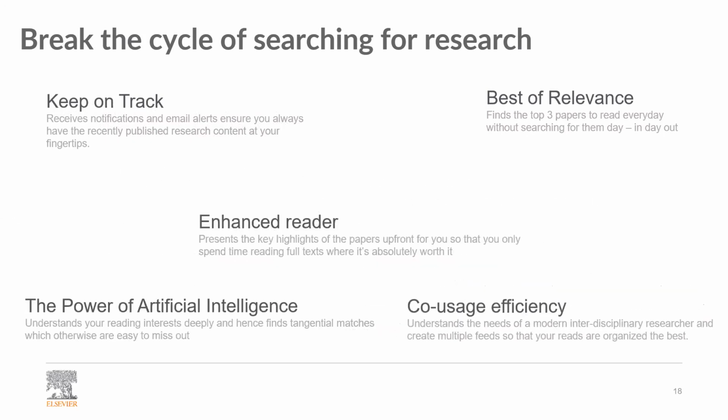One of these criteria is the ability to find the top 3 papers to read every day without searching for them day in and day out. This is one of the main important features that should be included in any smart tool or search engine. I need the smart tool to have the power of artificial intelligence, to understand my reading interest and give me recommendations.